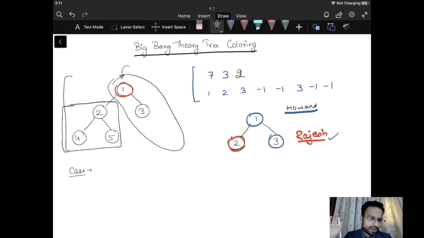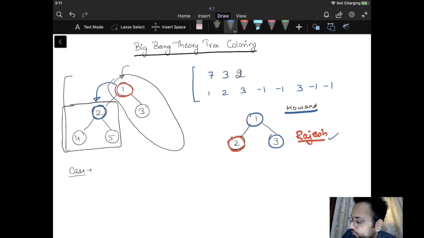If that is the case, I'll block this entire left subtree by marking the starting point of this subtree, which is node 2. Now Rajesh cannot come towards the left subtree side because I have blocked it, so I'll win this game.